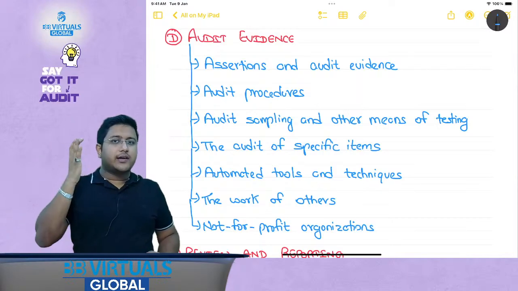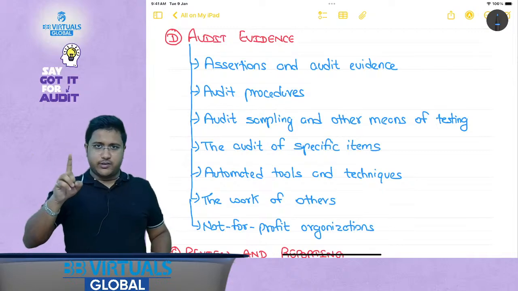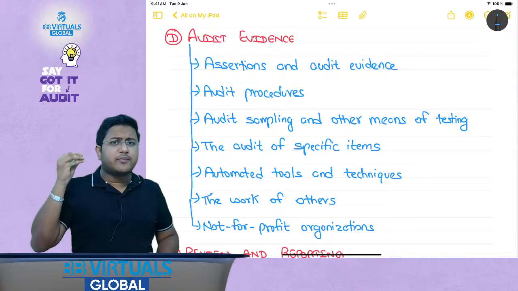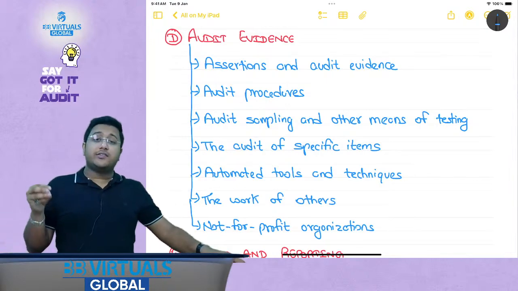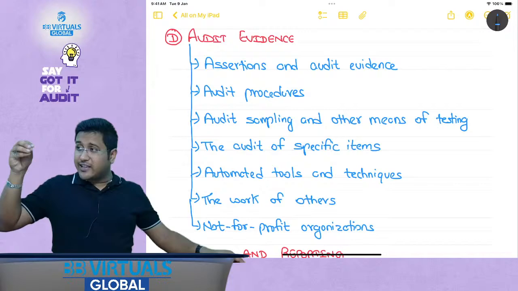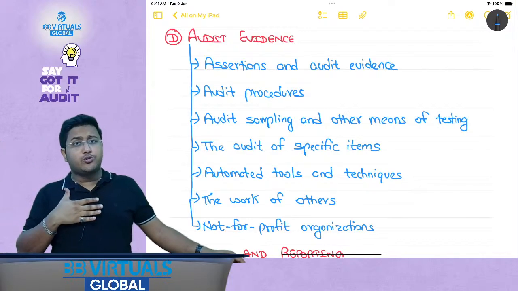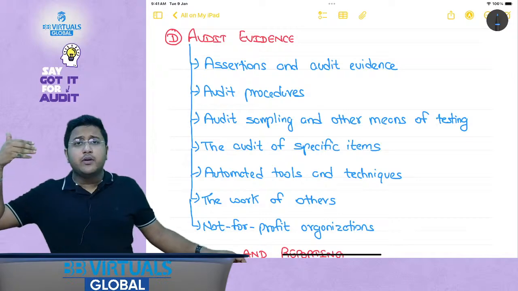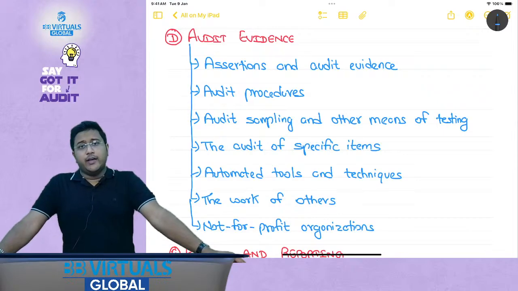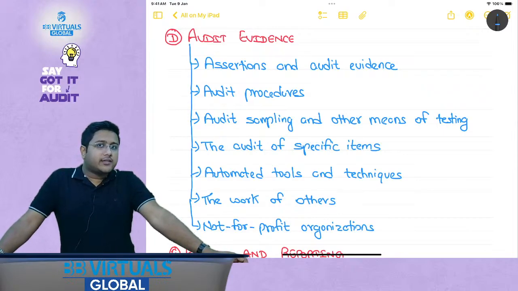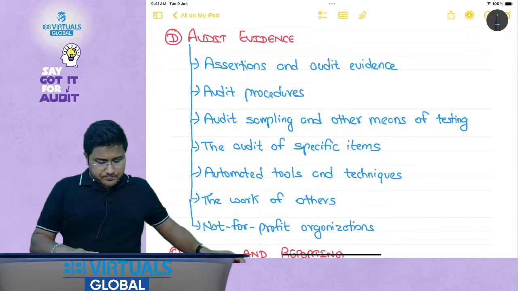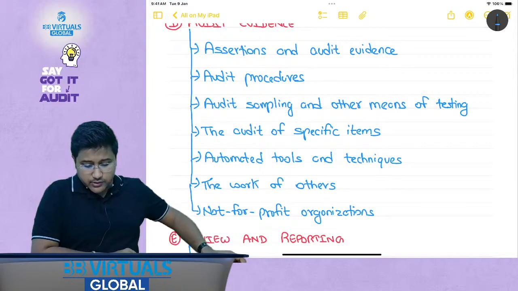Okay. Now in this particular case, is the auditor performing an audit procedure? Yes. This is generally an inquiry procedure, and if the receipt is also checked, it becomes an inspection process also, right? So whether this would qualify as a relevant procedure or not, even if it is a relevant procedure, whether it is able to generate the audit evidence required to draw conclusions or not, whether more audit evidence might be required or not. Okay, all of that is very, very important. Auditor might also check the bank payment certificate, that yes, a payment has been received from the bank, right? So all of that: assertions, audit procedures, audit sampling.